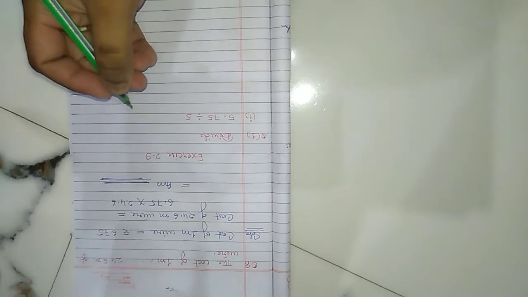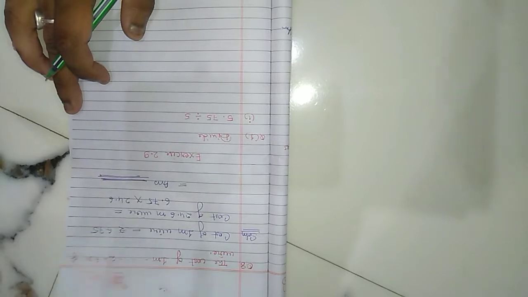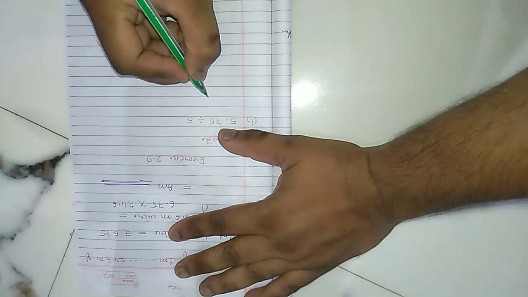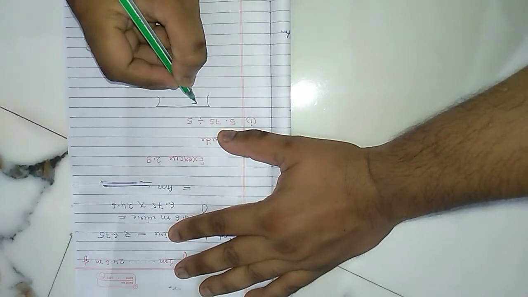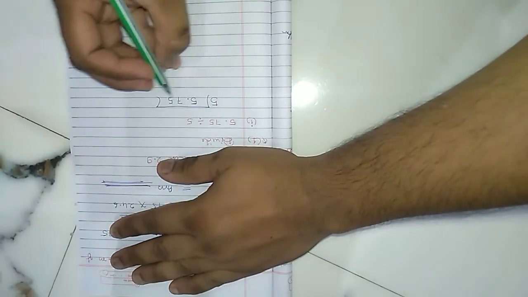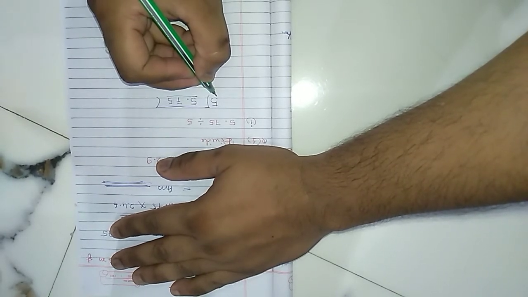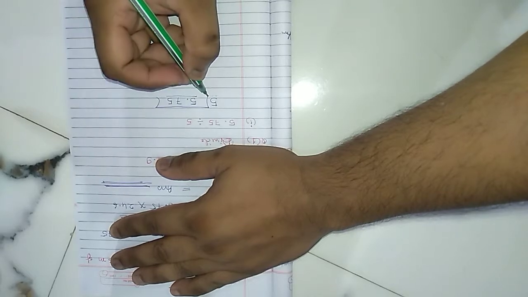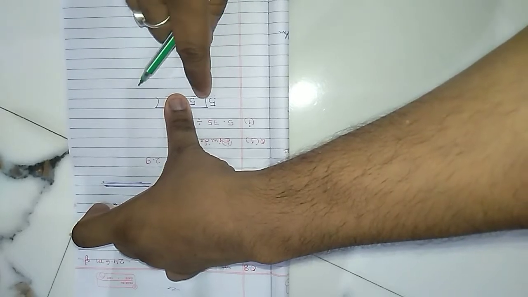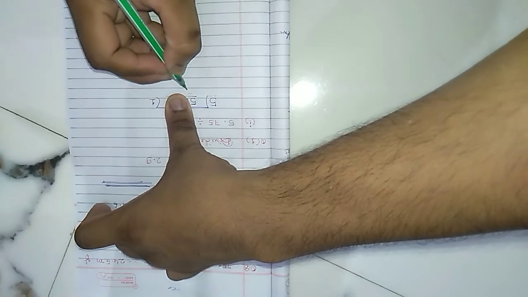Now come here for the division. Exercise 2.9. How do you do division in decimal numbers? 5.75. Now here this is your dividend part and this is your divisor part. Here the divisor is a one digit number. So first of all you have to take one digit from the dividend. So in the table of 5, how many times does it come? One time. So here we write down 1.